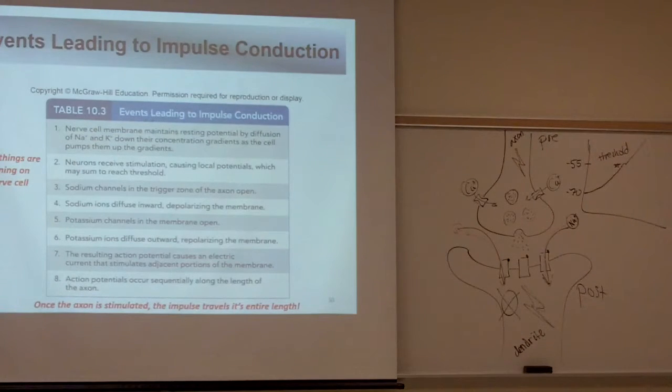So broken up into even smaller steps here, we've got impulse conduction. Once the axon is stimulated, once again, the impulse travels its entire length. Step 8 is kind of describing that. The action potential occurs sequentially along the length of the axon. Once it gets to the end, this happens again. So now we're here again. When that impulse travels all the way to the end of the axon, now we're here, and now we have